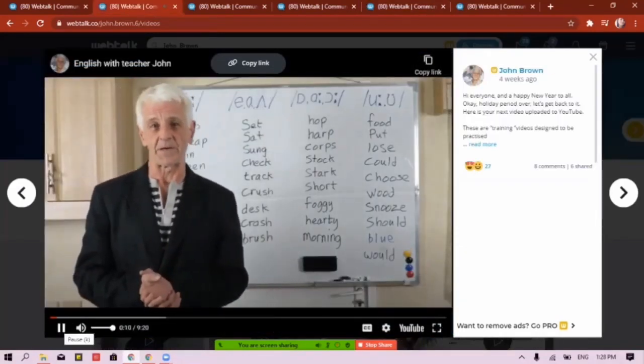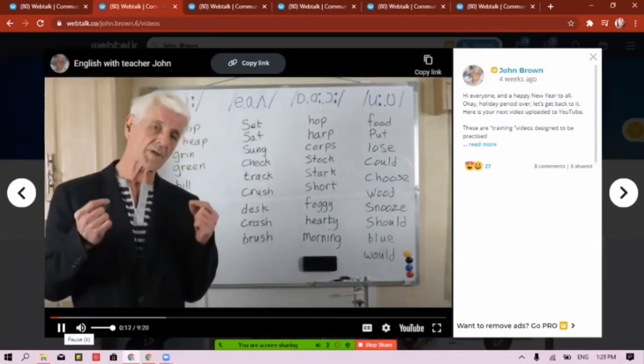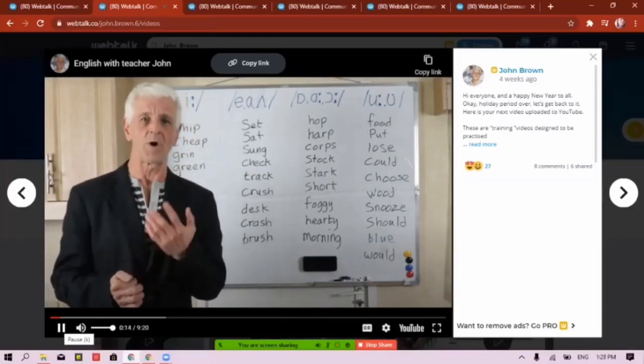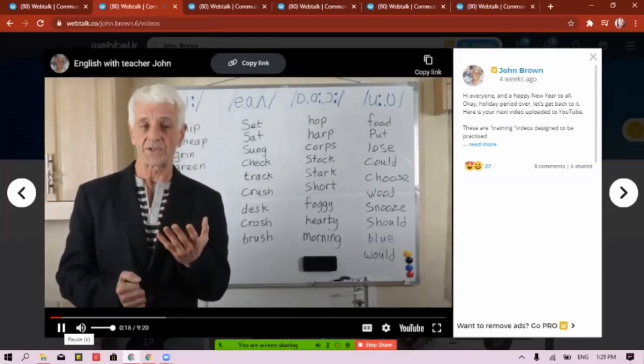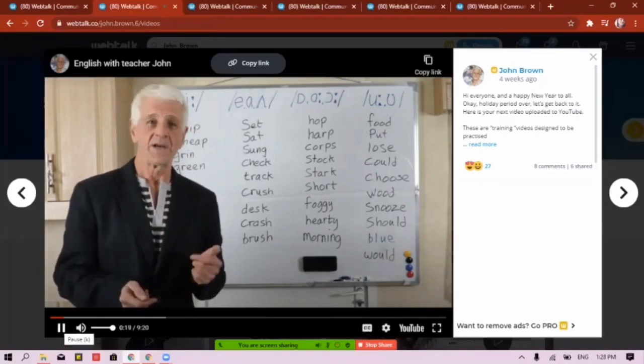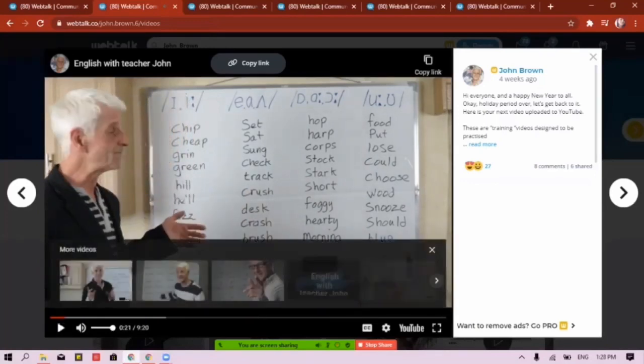Today we're going to be looking at some vowel sounds, okay, and why it's necessary to practice these vowel sounds. The vowel sounds we have today